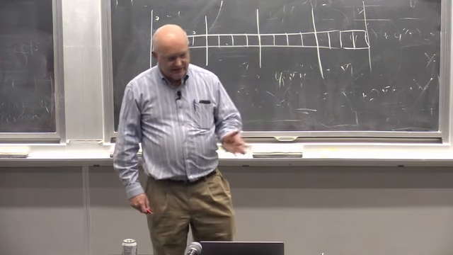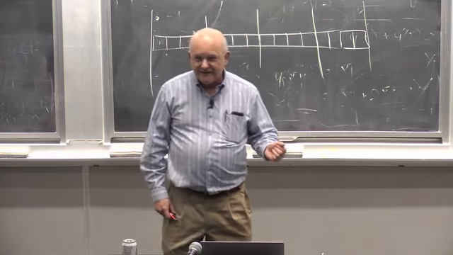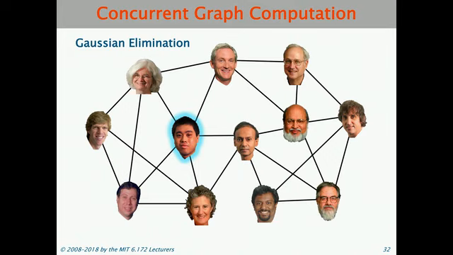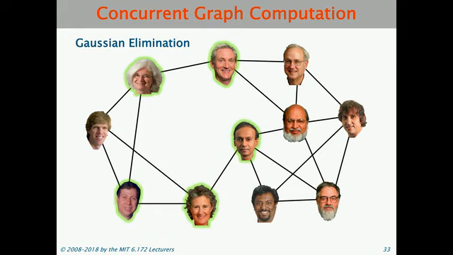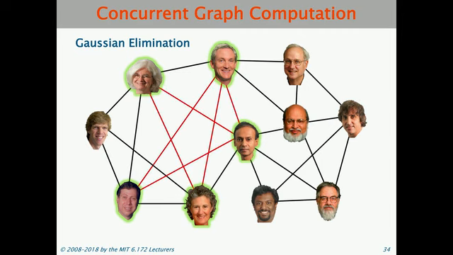You basically pick somebody to eliminate. And now what you do is look at this vertex's neighbors. Those guys. And what you do is you eliminate that vertex. Bye-bye. And you interconnect all the neighbors with all the edges that don't already exist. And that's Gaussian elimination. If you think of it in terms of matrix fashion, the question is, if you have